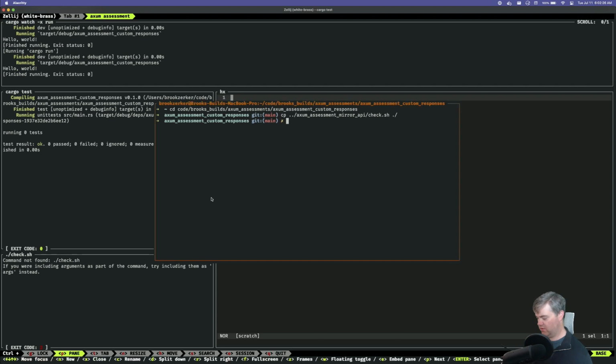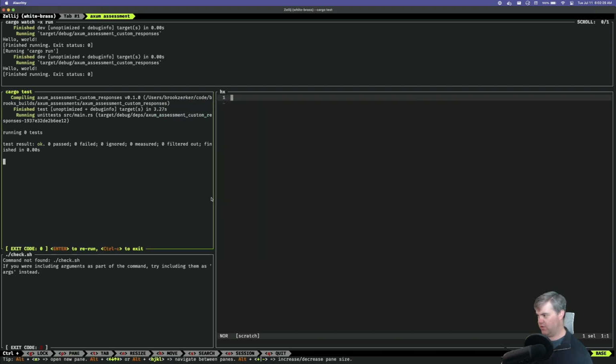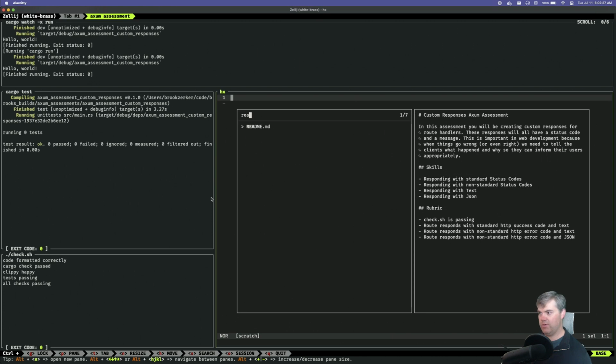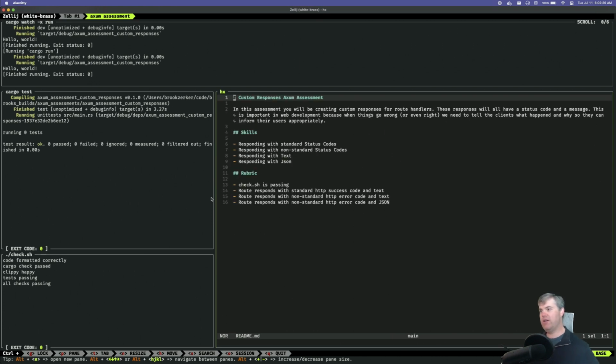Okay, so put you in there. Check can run, and you're happy. Let's open up our README, and here we go. Okay, so in this assessment, we are verifying that the learner is going to be able to return status codes and messages, the appropriate ones.